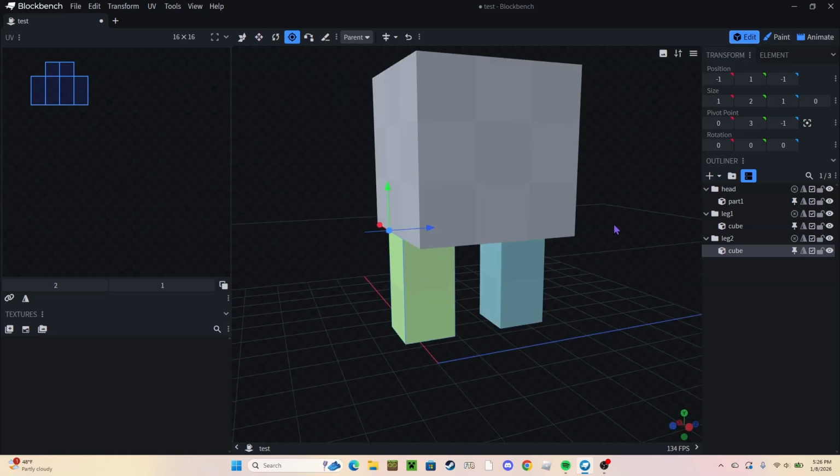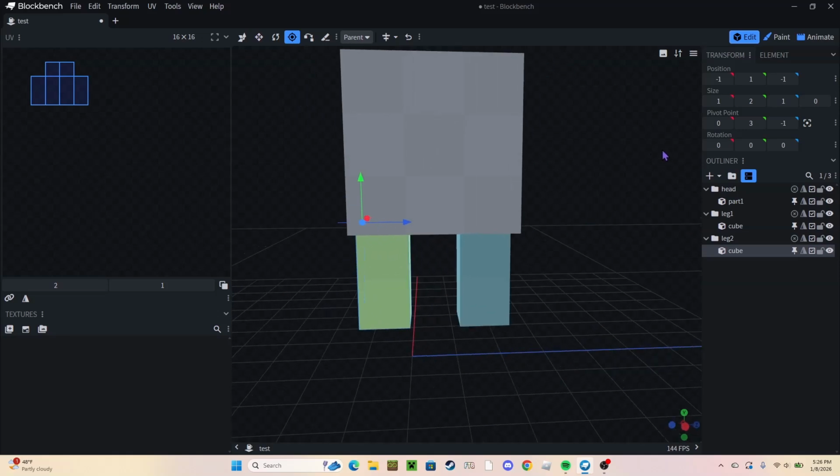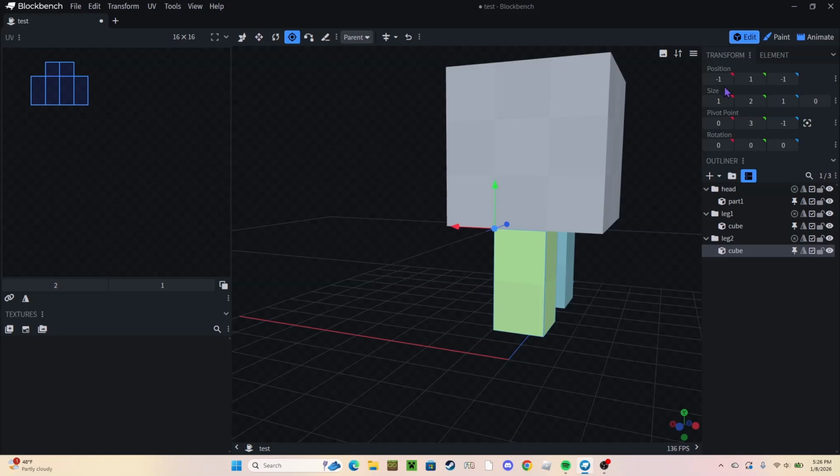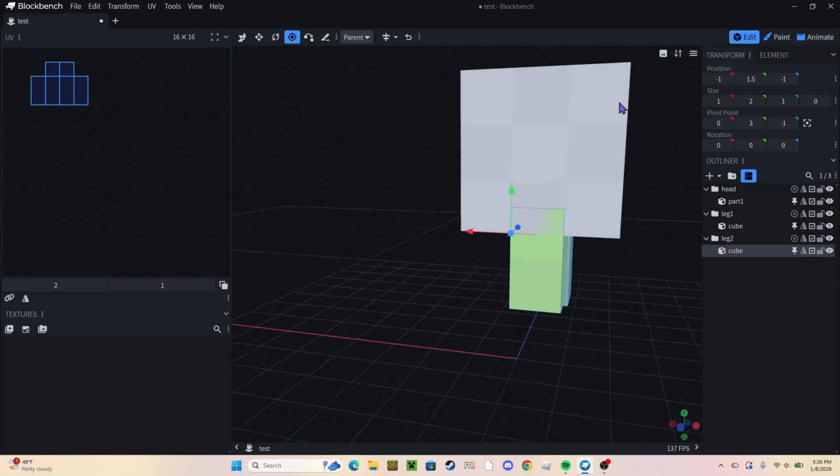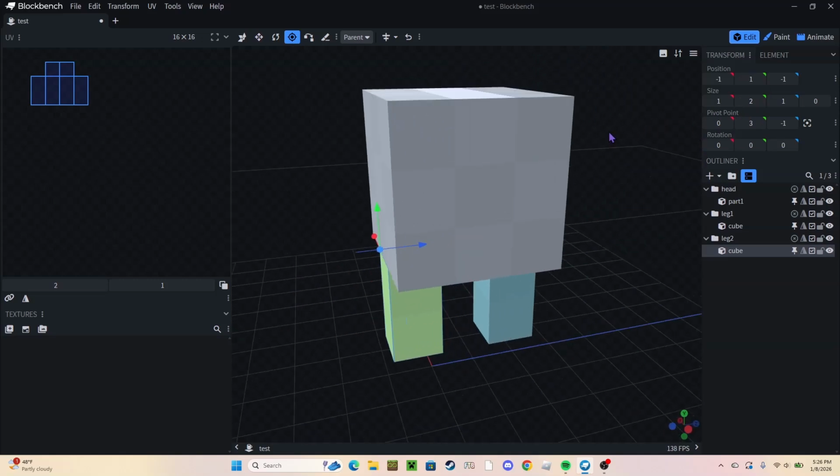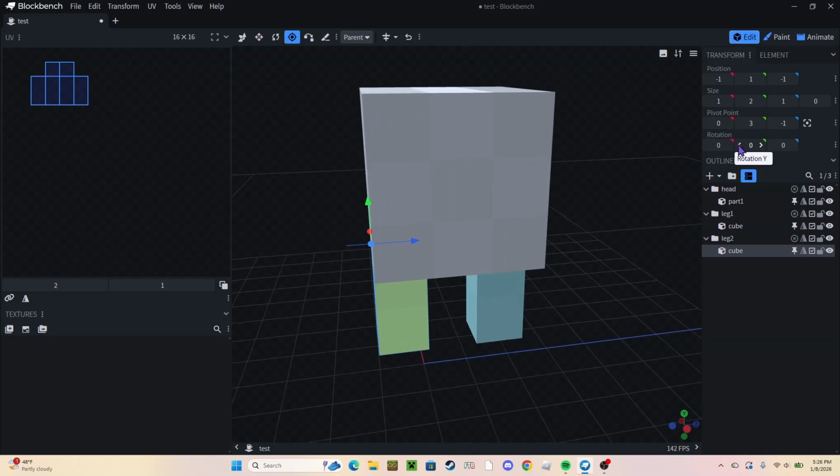Also, hold up. There's one more thing I have to bring up: you can actually write in the position right here. So if you want to get a precise position, you can say like 0.5. We don't want to move it 0.5 this way, because it would just move up half a pixel and stay with that 0.5. But we're gonna make the pivot point position